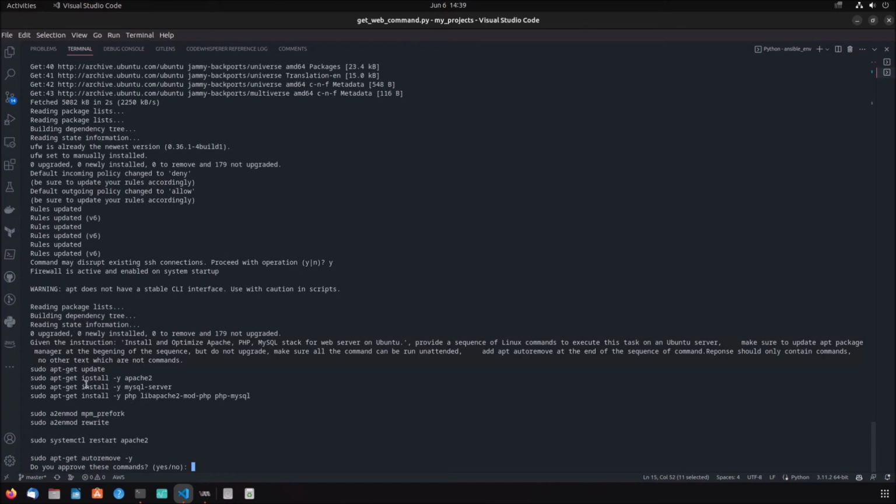So anyway, in this case, it is trying to install Apache, MySQL, PHP libraries, all the required things it requires, and also it is actually restarting Apache 2. And so if I just go ahead and do yes,